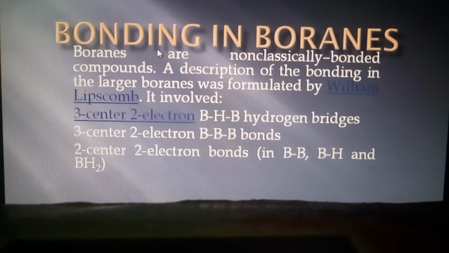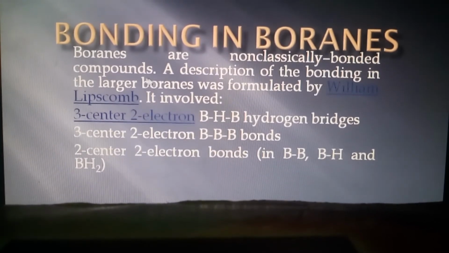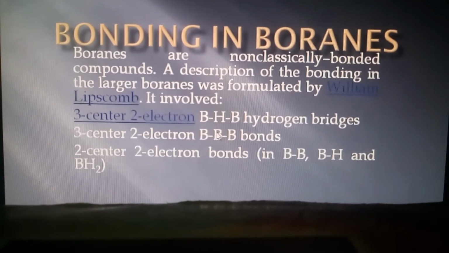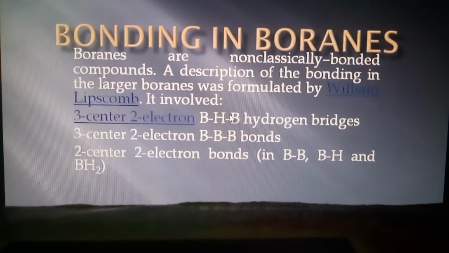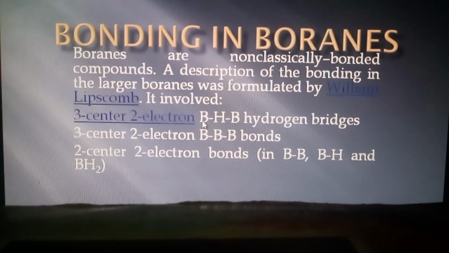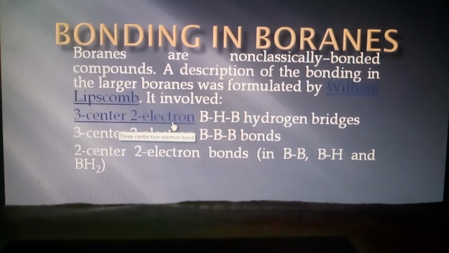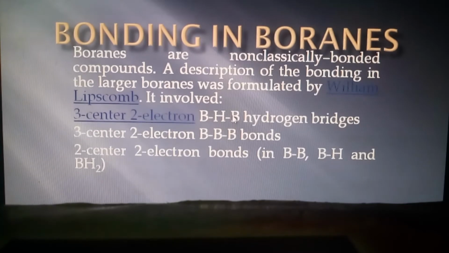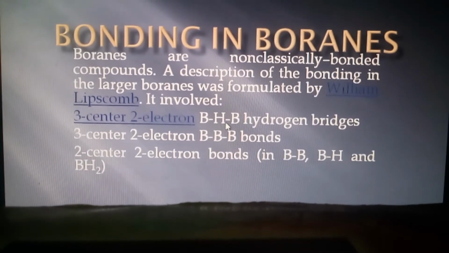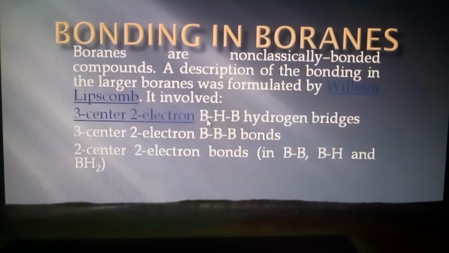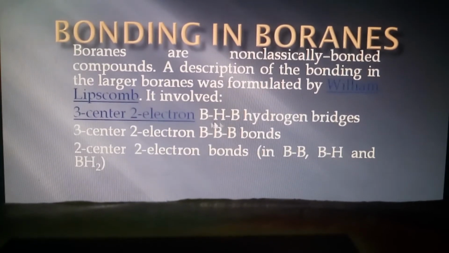Let me now discuss the bonding in boranes. Boranes are non-classically bonded compounds. William Lipscomb formulated 3 types of bonds involved in boranes. First type is BHB bonds. It is a 3-centered 2-electron bond. That means it contains 3 atoms but only 2 electrons. One electron is contributed by the hydrogen atom and the second electron is contributed by any one of these 2 boron